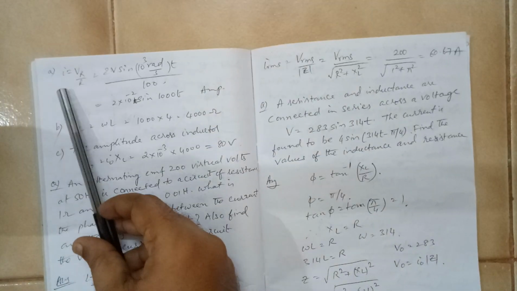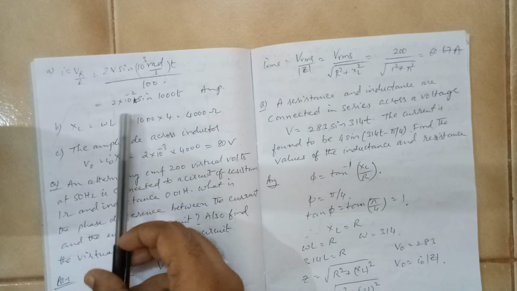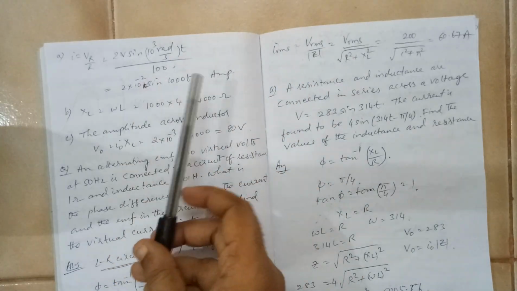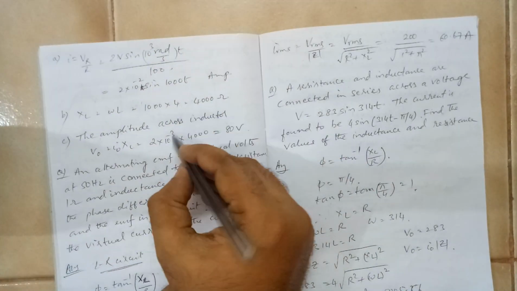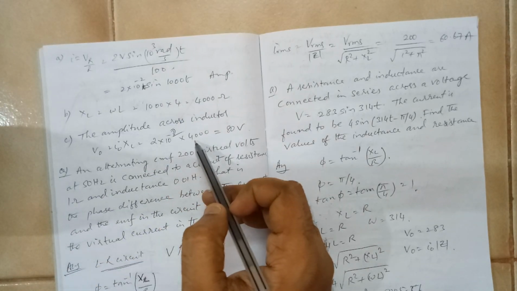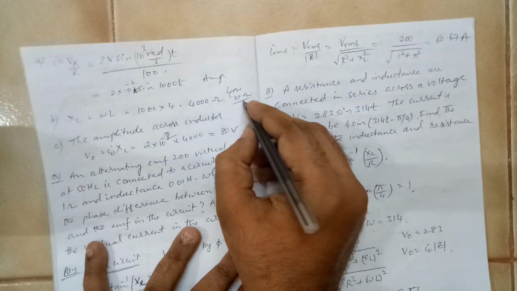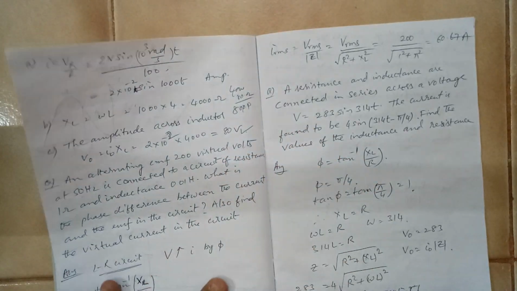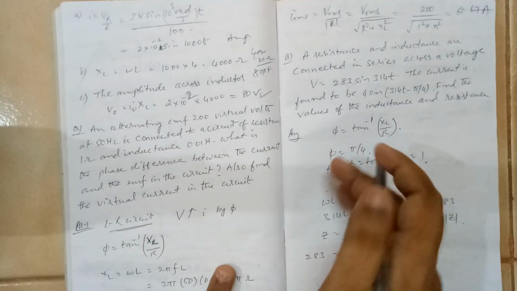So here you have found the current in terms of time expression. See, this will become maximum when the sine value becomes the maximum, and the maximum value of sine is 1. So the maximum current that will pass through is 2 into 10 power minus 2. So this should be 2 into 10 power minus 2 actually, into 4000. So it is 0.02 into 4000. 4000 into 0.02. So it is 80 volts. Okay, this is the peak voltage value. Let's move to the next one.